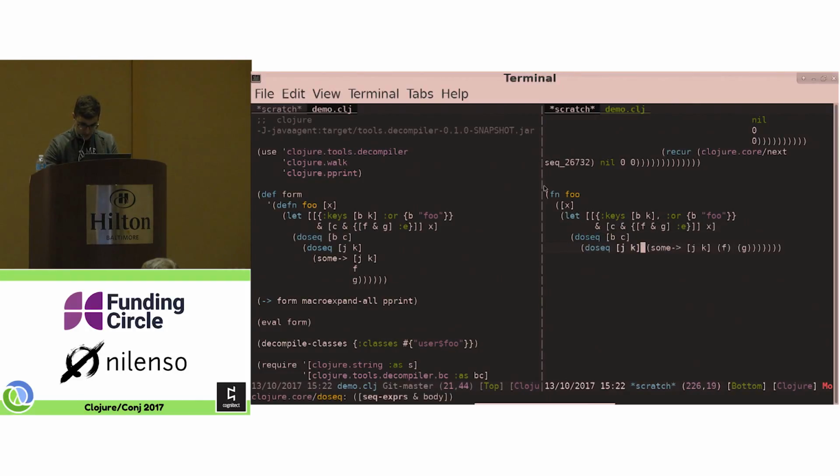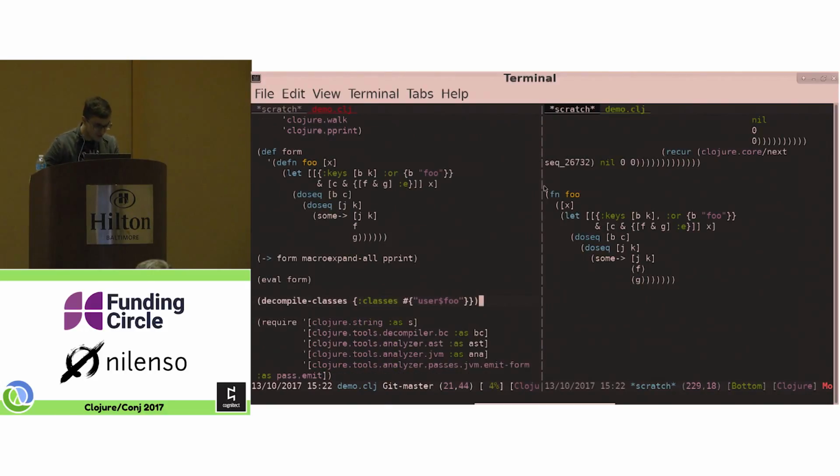And as you can see, this is almost exactly the same code that we had originally. And you can tell that I'm not cheating because F and G have extra parentheses. And so this is really cool for me. But